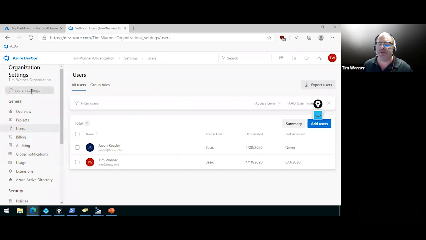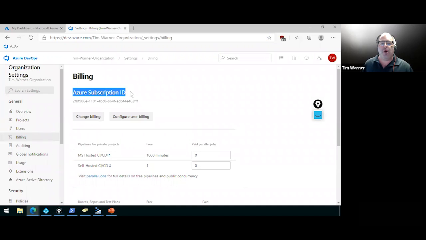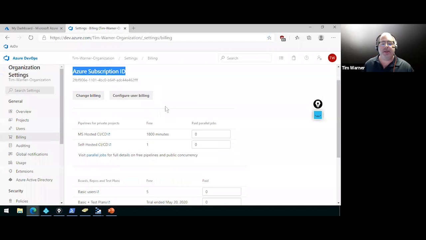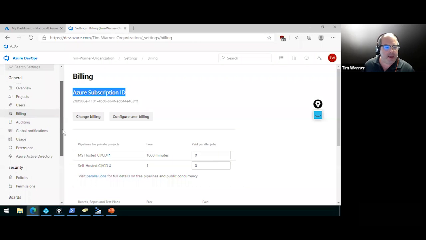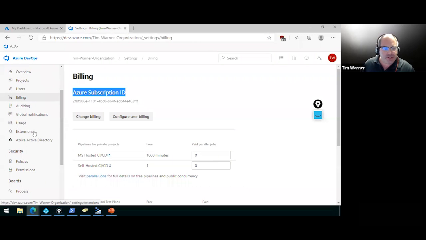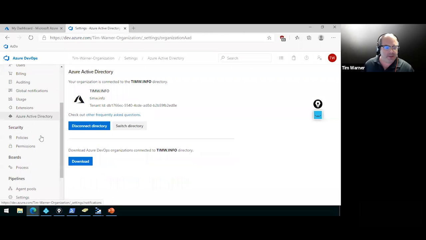And where are your users going to be coming from? They're going to be coming from your Azure Active Directory tenant, aren't they? Because you've gone under billing and you've linked one or more Azure subscriptions into your organization, like I said. You can look at your usage, there's your extensions, there's your Azure Active Directory service extension,